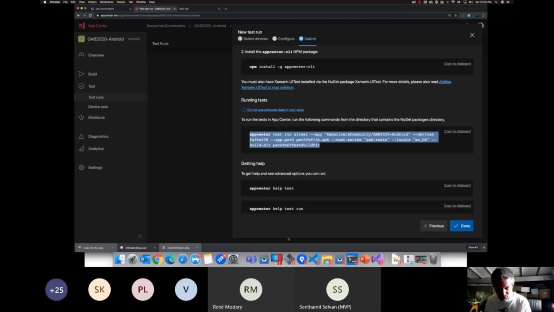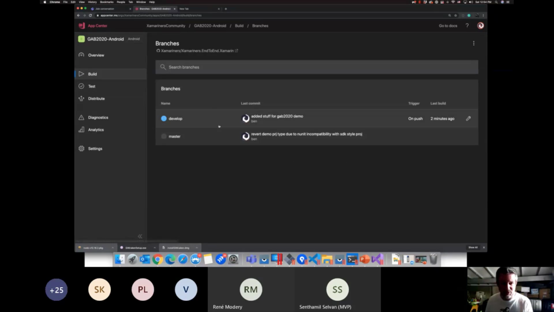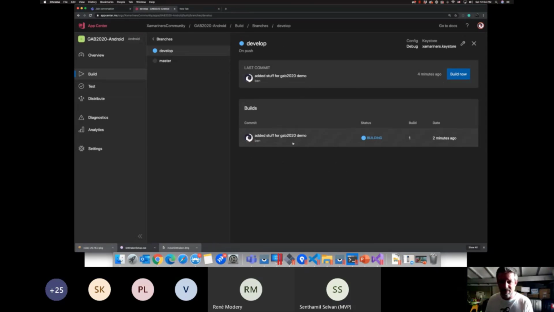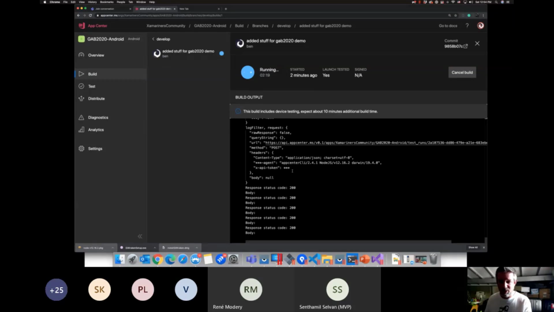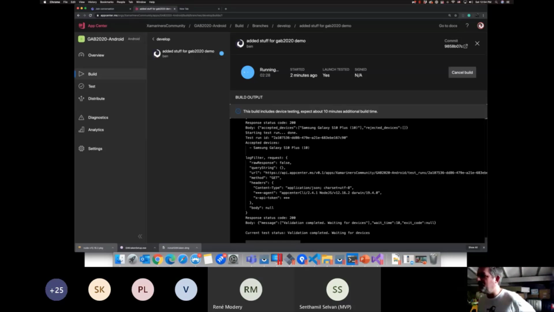Sorry, in the meantime, let's have a look at the state of the build. The build is still building. Okay, now it already built and it's looking to run some tests. You see, it's just waiting for a device to be available, and then it's going to be running that test. In the meantime, I'm just going to prepare that magic,